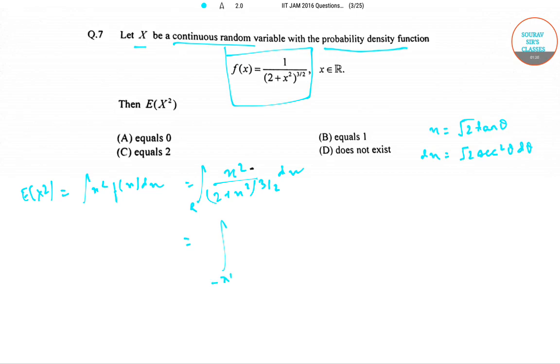So this becomes from minus pi by 2 to pi by 2, and 2 into tan squared theta by (2 to the power 3 by 2) into (1 plus tan squared theta) into root 2 sec squared theta d theta,